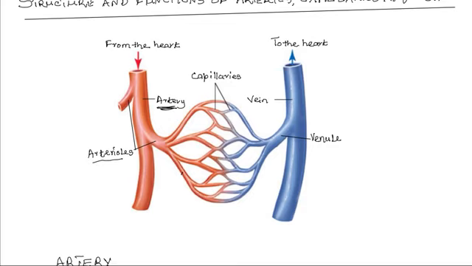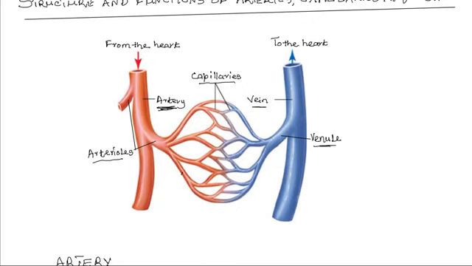So from the heart, there's a main aorta that divides into various arteries taking blood to different parts of the body, and then each artery divides into arterioles. The arterioles divide further to form the capillaries. Then capillaries join to form venules, and several venules merge into a main vein through which blood is taken back